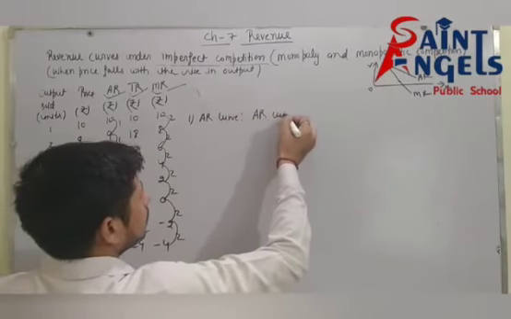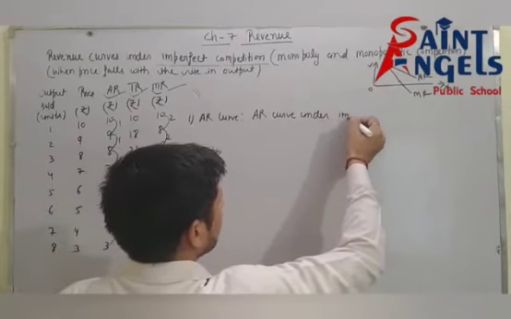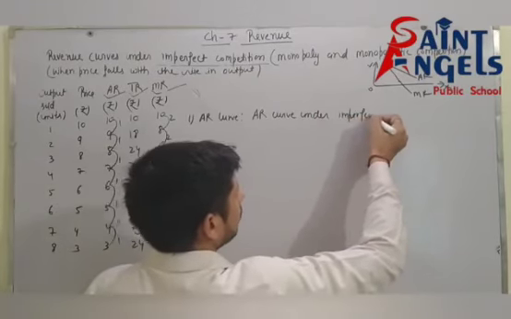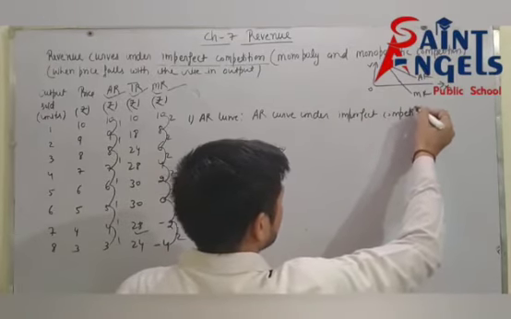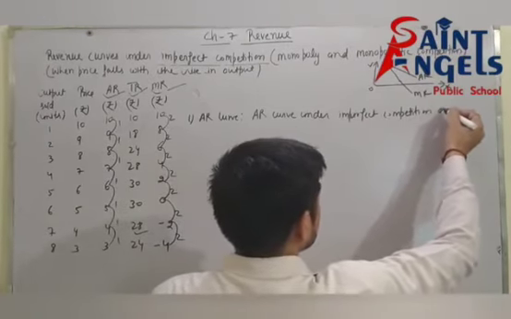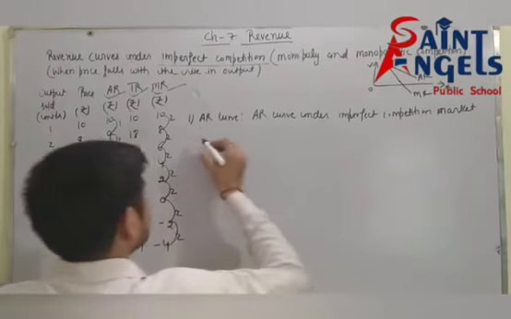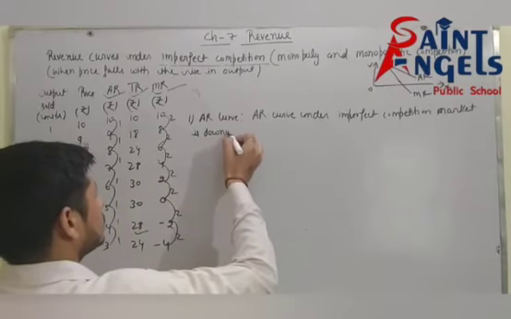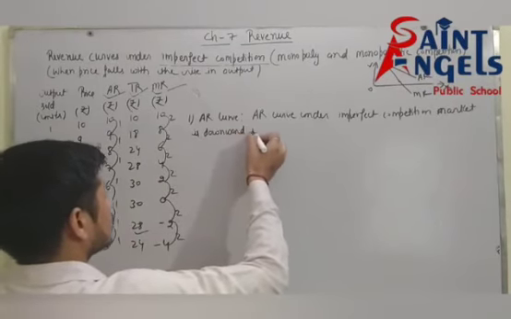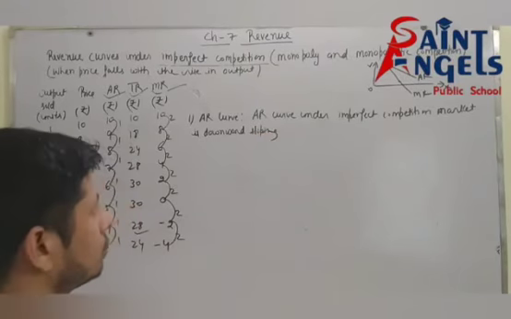The AR curve under an imperfect competition market is downward sloping,